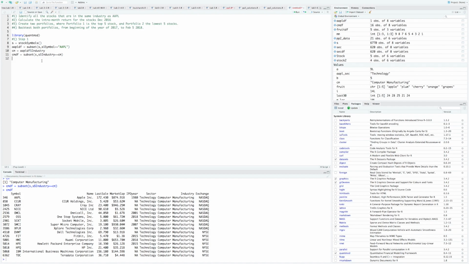Now, from here, just like in line 10, how do I get all the tickers which are in the symbol column into a vector for me to use for the rest of my code? We use a dollar symbol just like we did in line 10. So now I'm going to create a vector called tick, and again, tick is just a